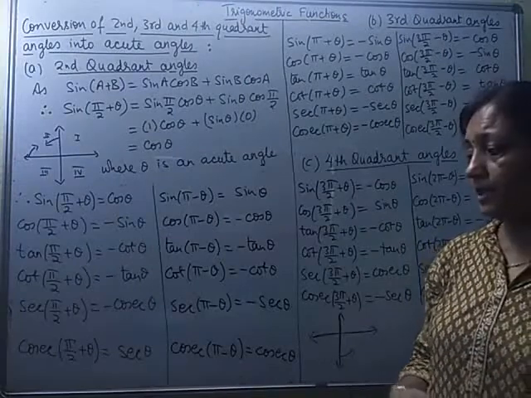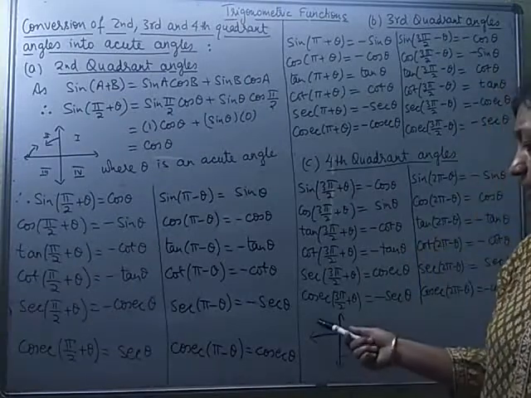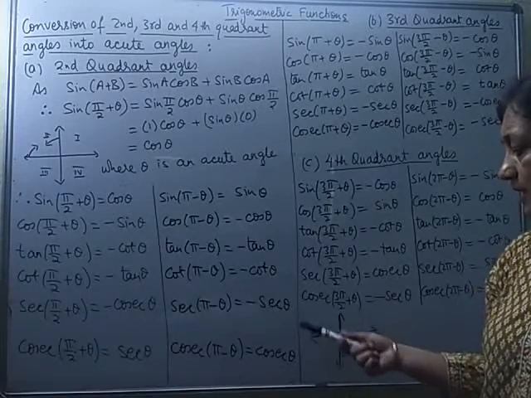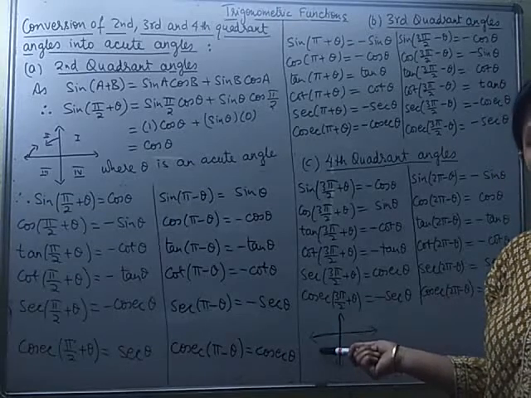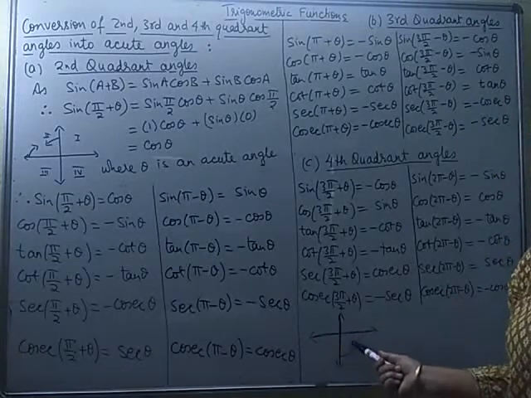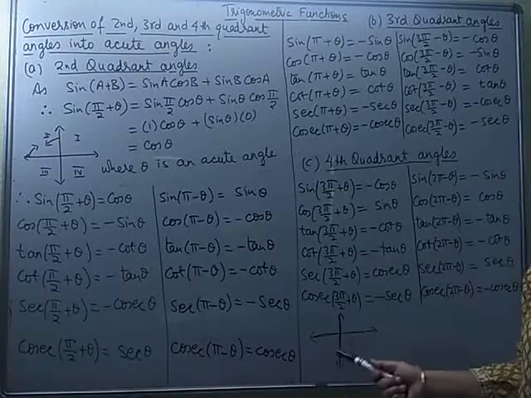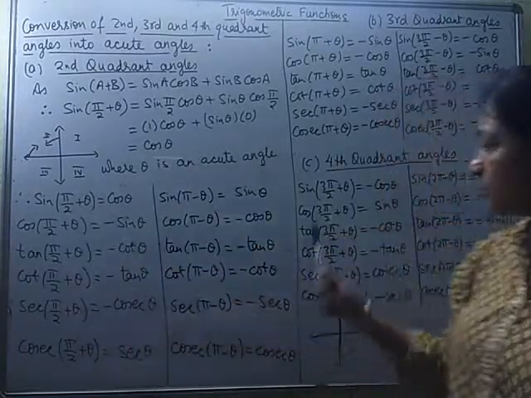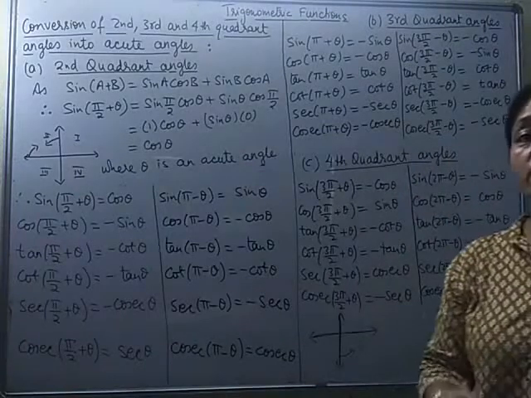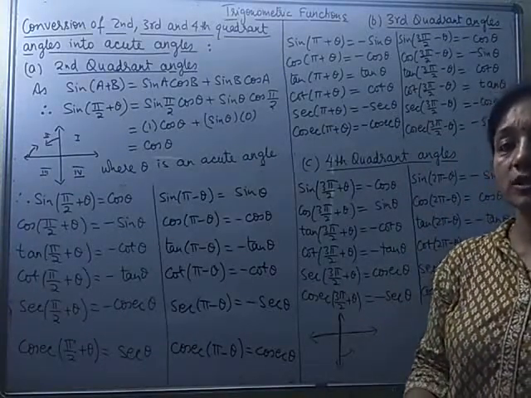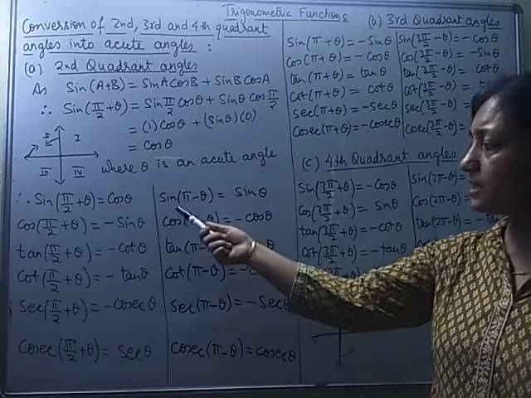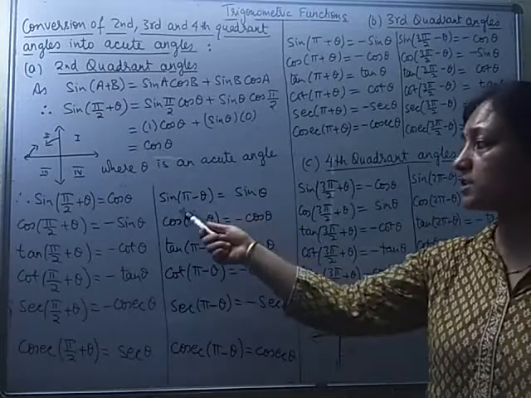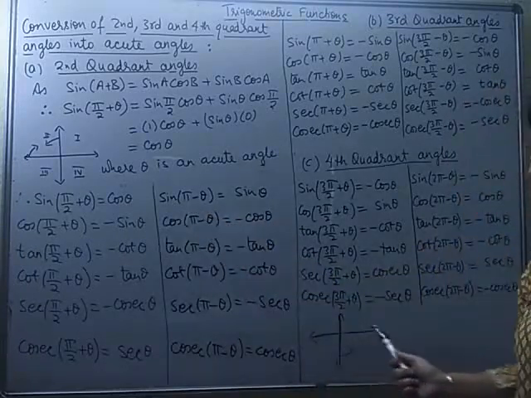What we have to keep in mind is only the sign. You will check: in the second quadrant, only sine and cosec will be positive, and for the rest you will put a negative sign. In the third quadrant, tan and cot will be positive, and for the rest you will put a negative sign. In the fourth quadrant, only cos and sec will be positive, and for the rest you will keep a negative sign. But if you are making changes about the angle along the vertical line, then you have to keep one more thing in mind. The functions are going to change. That is why I am advising you, unless it is very important, to prefer making the changes about the angles along the horizontal line.